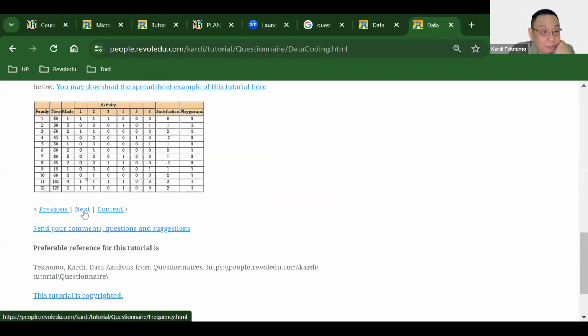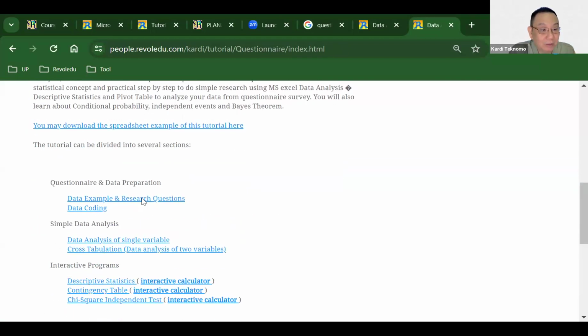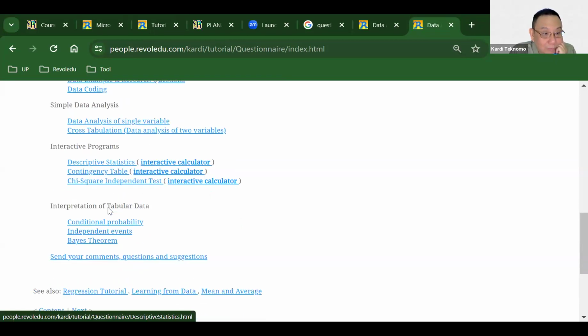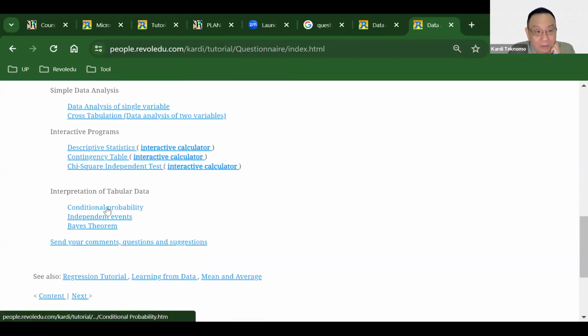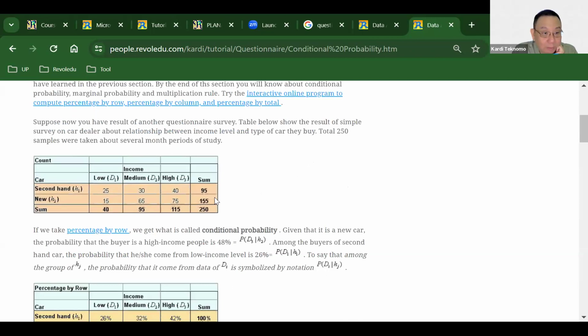So let's go back to the content, and you can read everything there by yourself. I will just go directly to this topic on conditional probability. So, say for example, you have